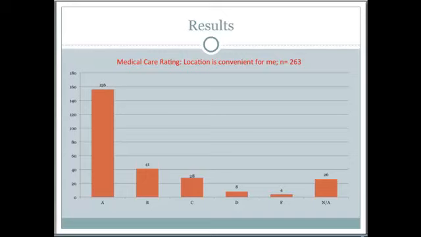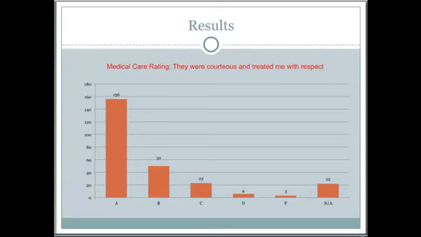Is the location convenient for me? Where the clinic is situated is a highly utilized, high-impact area around Loaves and Fishes, because there are many services in that area within the Loaves and Fishes organization, as well as a park they call Friendship Park. And in the clinic, were they courteous and did they treat me with respect? 156 gave us an A. We graded it on a scale of A to F because we use a grading scale. We felt that our clients would be more comfortable with A, B, C instead of numbers, because they see A as being excellent.